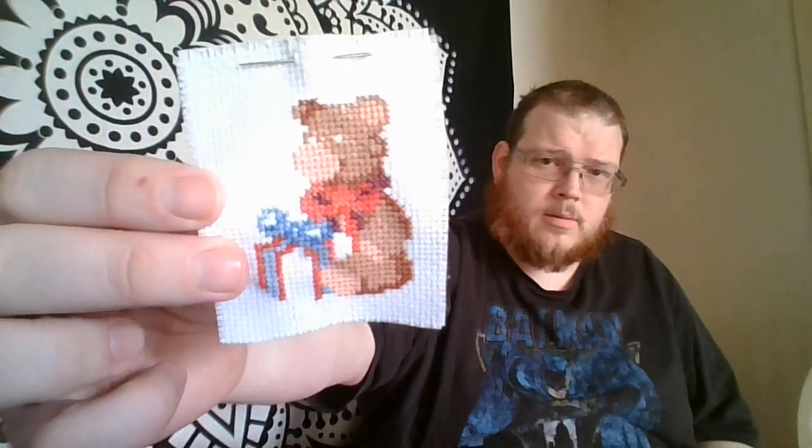So, with that, let's start with my first project that I've been working on. It's a little Christmas ornament. It hasn't taken me too long, but I've got a little bit more to do, and then the outline, of course, is that guy there. He's been fun. I'm hoping to get a couple, 4 or 5 more ornaments done this year,